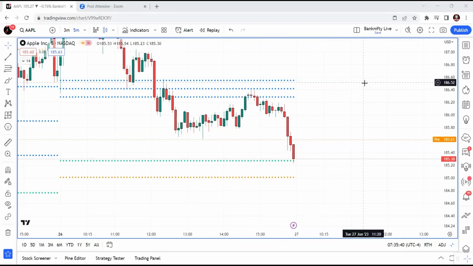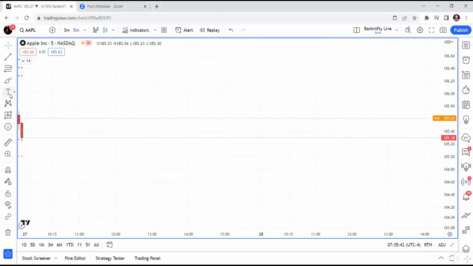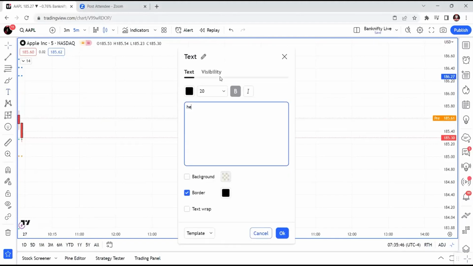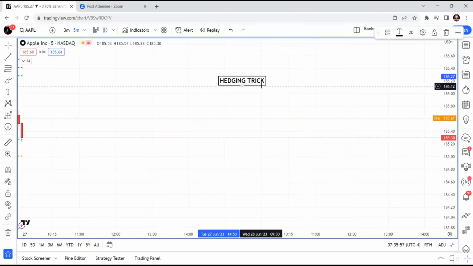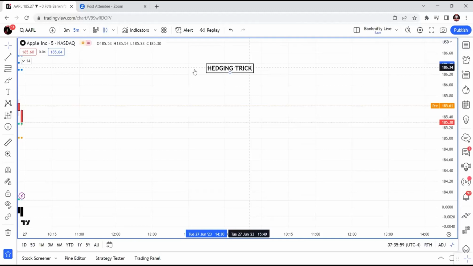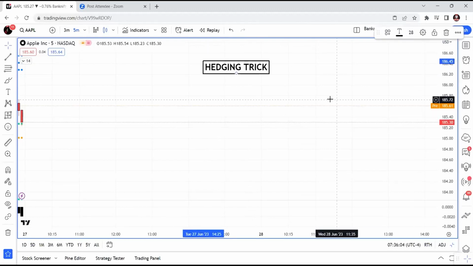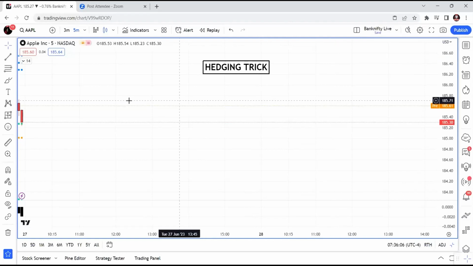For that, what we have to do is, I'll just teach you the hedging trick and how it will work. For the hedging trick, we have to just identify the quarterly earning. Okay. First step is,